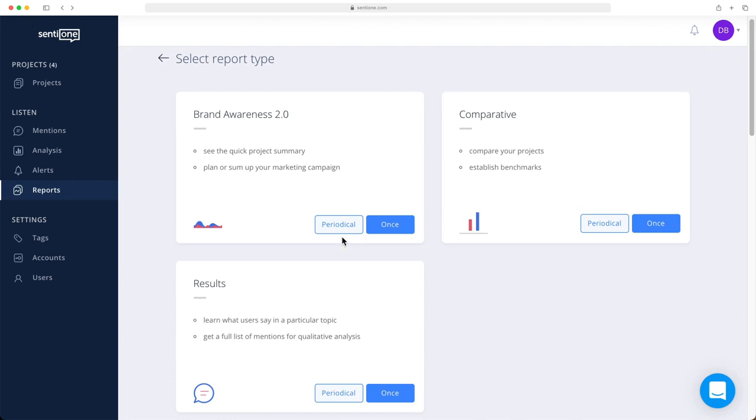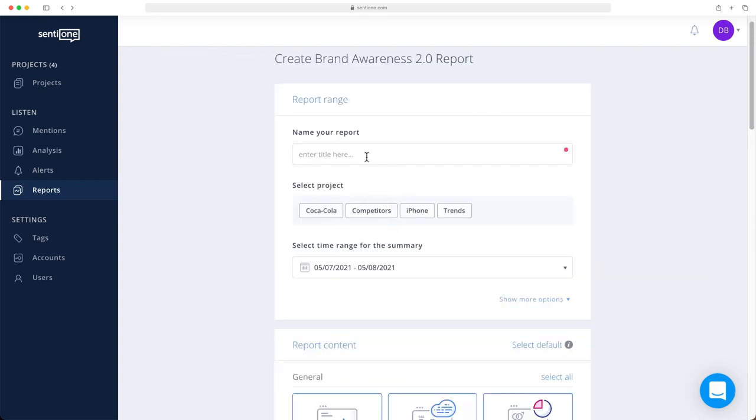First, you need to decide whether it is a one-off report or a report that you'd like to receive on a regular basis. If you select periodical, then you can receive this report in your inbox on a daily, weekly, or monthly basis. For presentation purposes, let's select one report and click Once. Then you'll see a window with the report set up. Here's when you need to decide on the report's name, projects that will be included in the report, the time range,